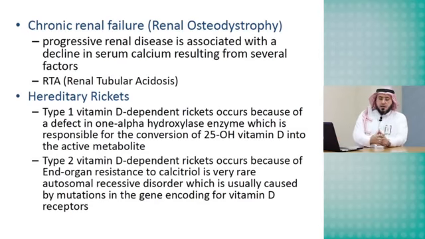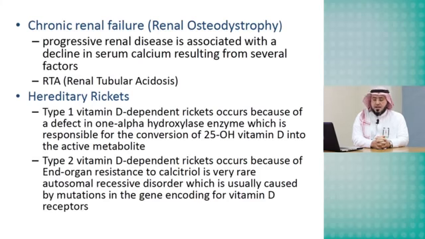And the last and not the least cause of hypocalcemic rickets is hereditary rickets. Hereditary rickets is not common in the world, but in Saudi Arabia it is rather more common than in other parts of the world because we have a high rate of consanguinity. And when we talk about hereditary hypocalcemic rickets, we mean either we have a type 1 vitamin D dependent rickets